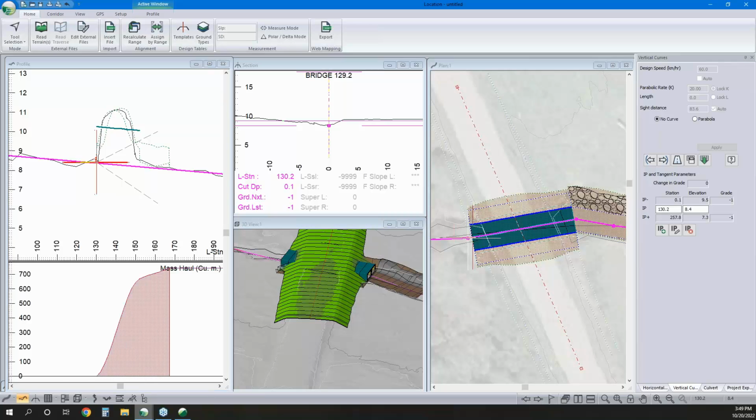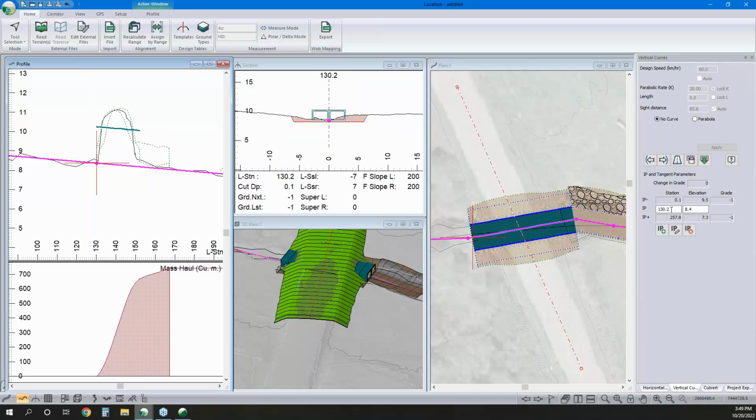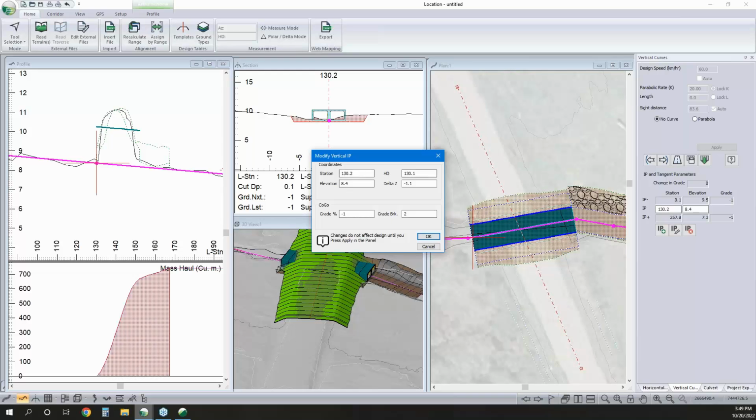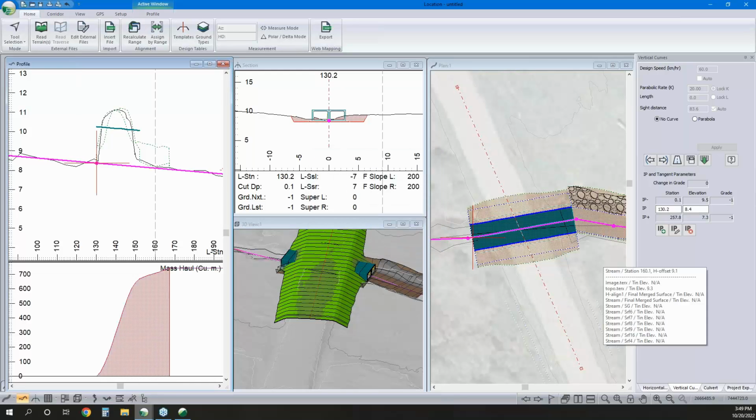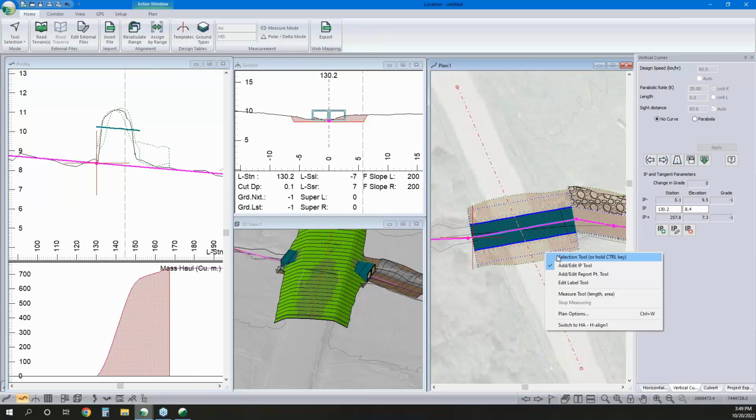So I could jot down the station that that previous IP was, and I could set my elevation to be whatever I'd like. Or we could define it in here tabularly. So that's how we would define our alignment tabularly, and if we were doing a major culvert, we could use that for it. Now for the minor culverts,